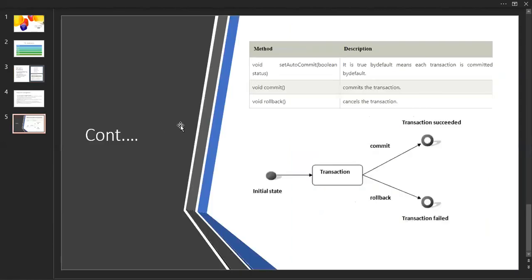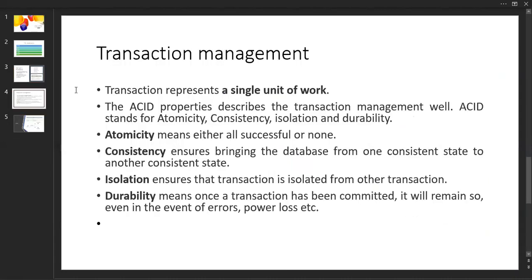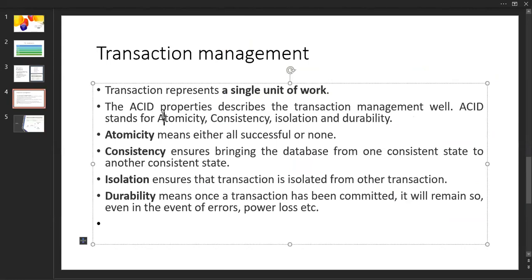And now we are going to transaction management. What is this transaction management? I think many times you're supposed to learn ACID properties. What are these ACID properties and what is the use of this? A transaction represents a single unit of work.